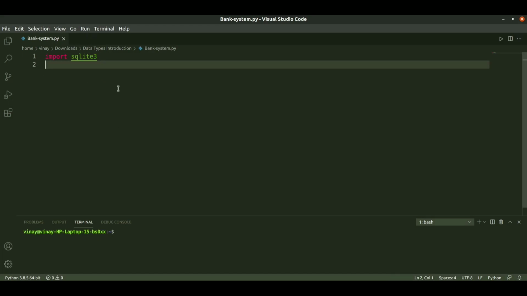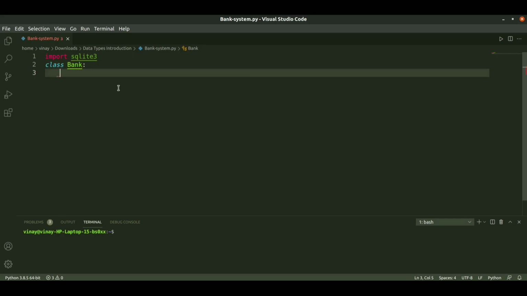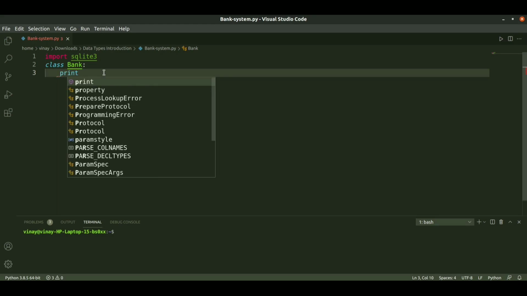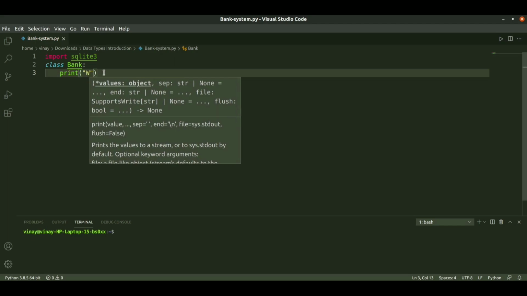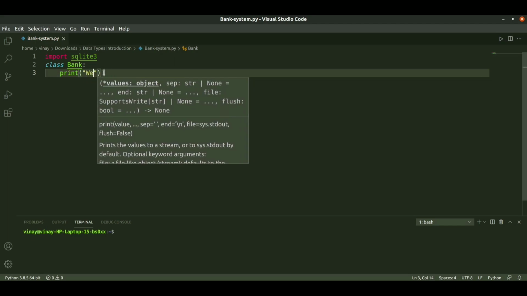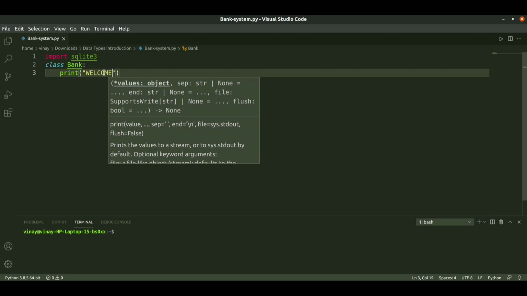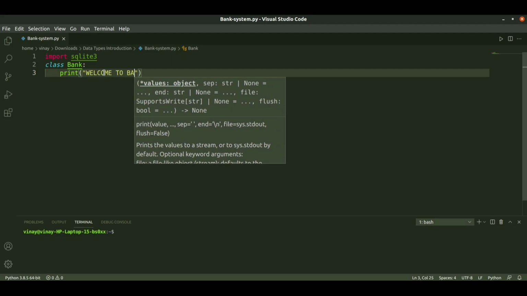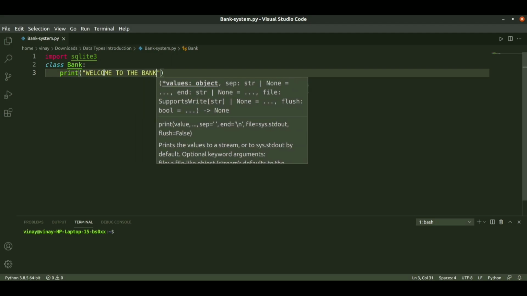Now we will start our program by using a class, with the class name bank. So here we created the class using the name bank. Now we will just print welcome to the bank.